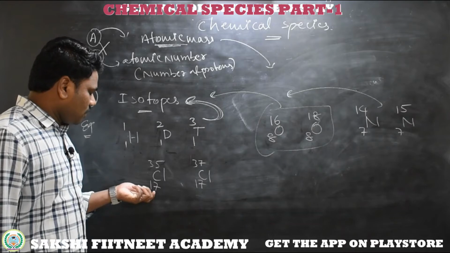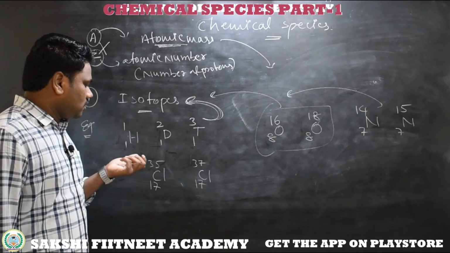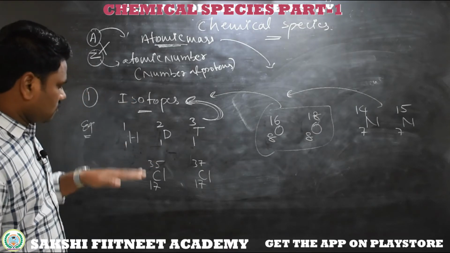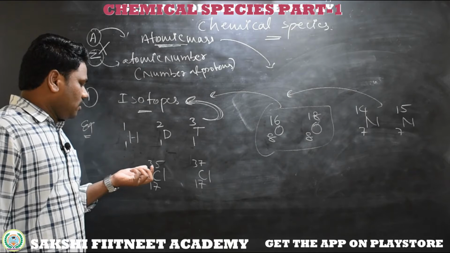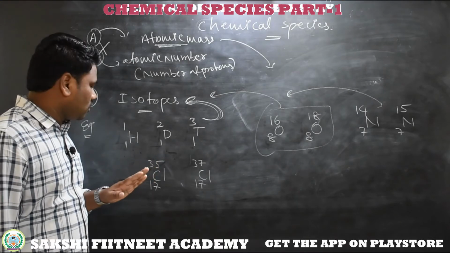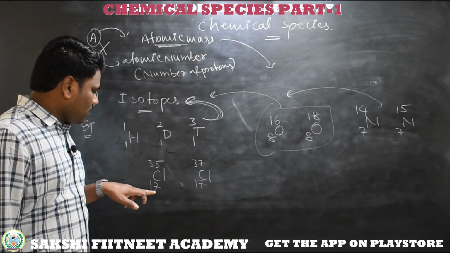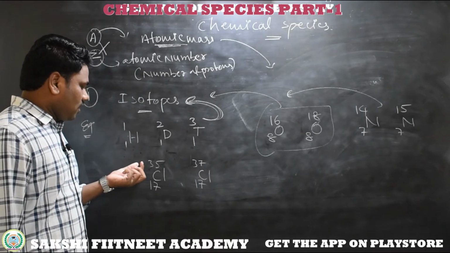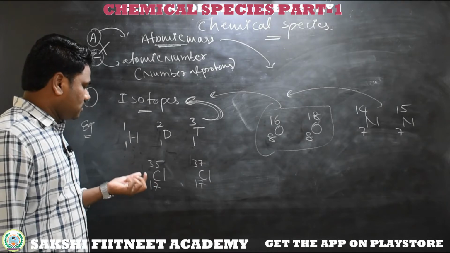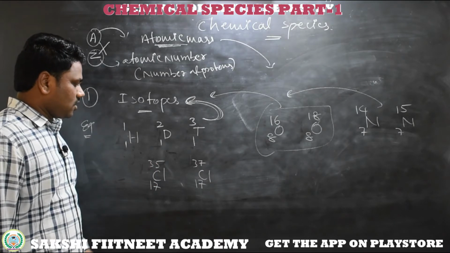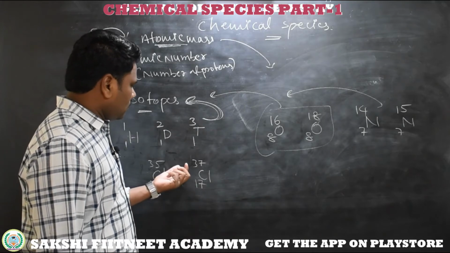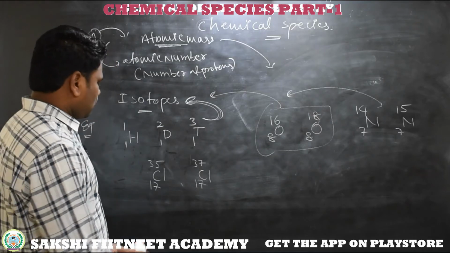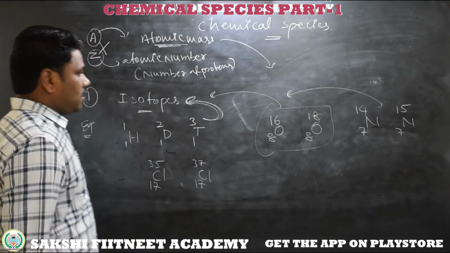Here 17 means the atomic number, which means an equal number of protons and electrons. If there is any excess or less, it means there is a difference in the neutrons only. There is no difference in the protons. If the atomic number is 17, 17 protons are there. 17 plus 17 is 34, but here we have 35. That means 17 protons and 18 neutrons are there. Coming to the other, 17 protons and 20 neutrons. It becomes Cl37. So same atomic number but different atomic mass.